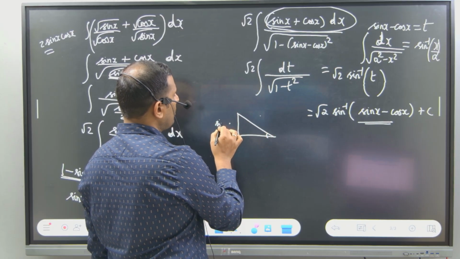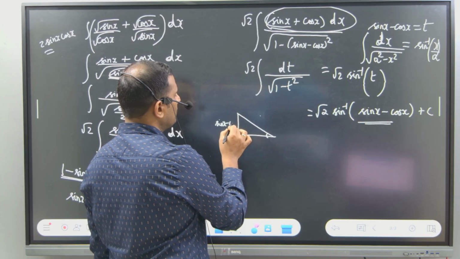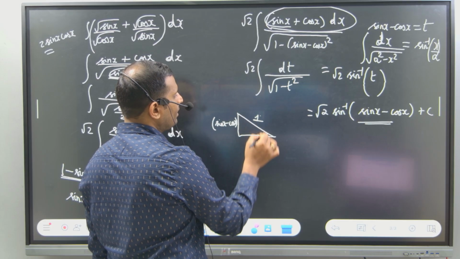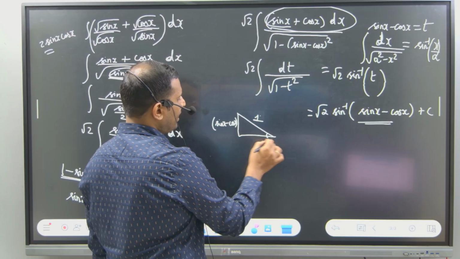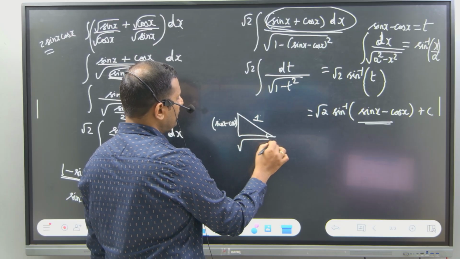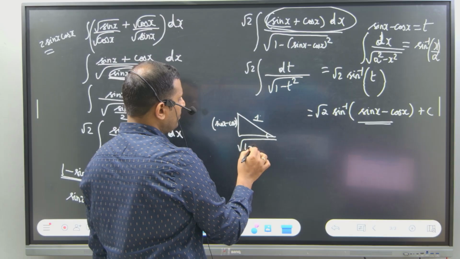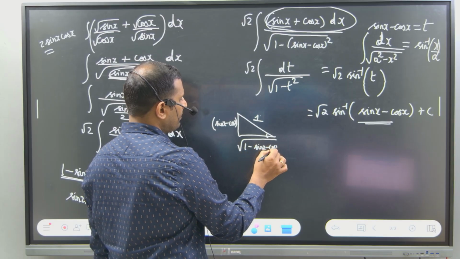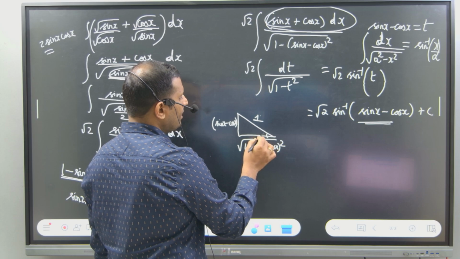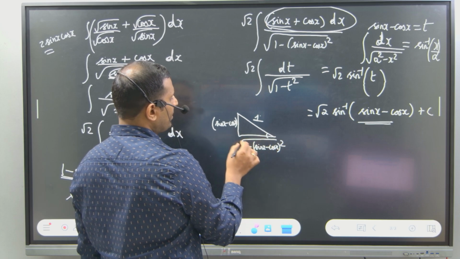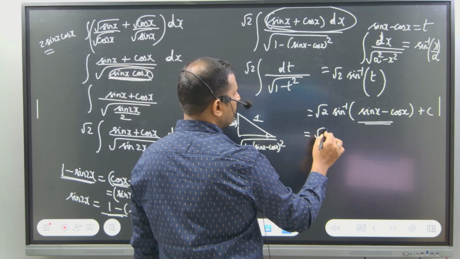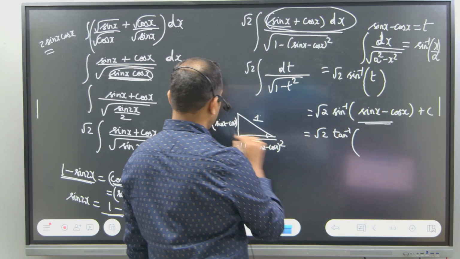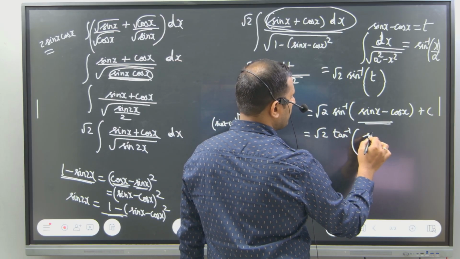I will assume opposite is sin x minus cos x, hypotenuse is 1. So what will be the adjacent side? Adjacent side will be root of 1 minus sin x minus cos x whole square. So sin inverse to tan inverse will be like this: root 2 tan inverse of sin x minus cos x by